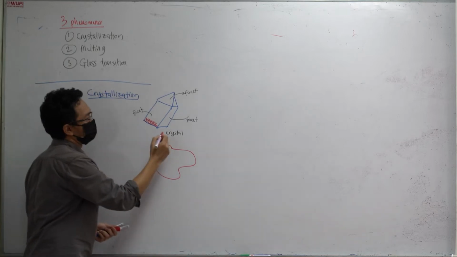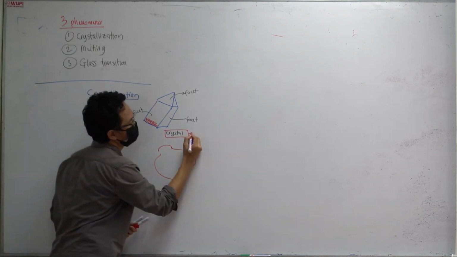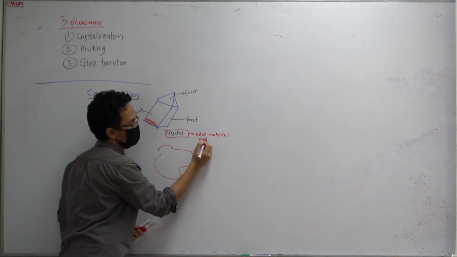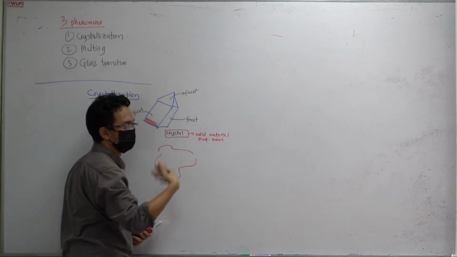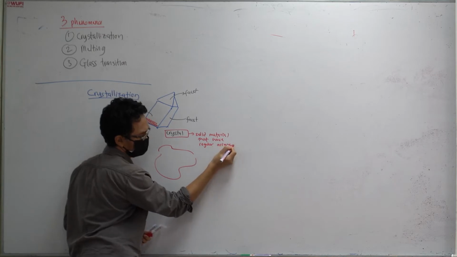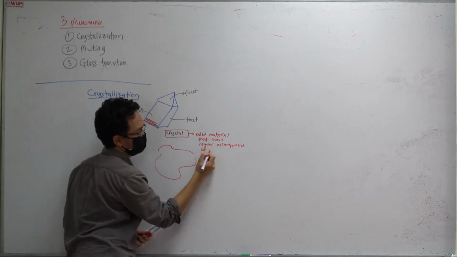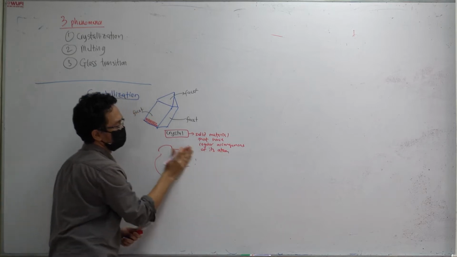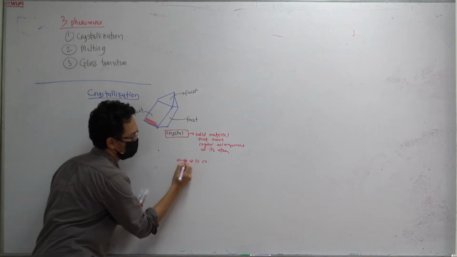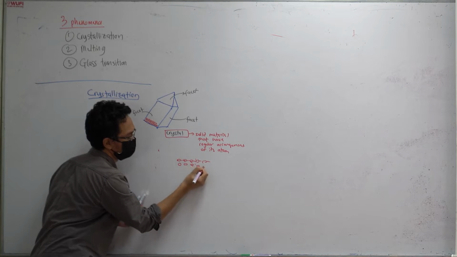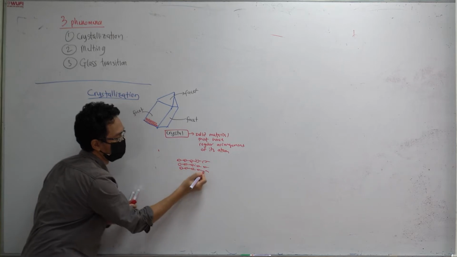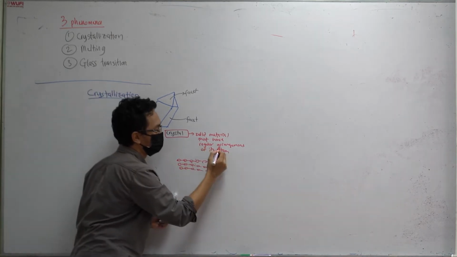So the term crystal itself is basically a solid material that has a regular arrangement of its atoms. And this we learned before. This arrangement can be something like this. For example, you have the atoms aligned like this: 1, 2, and 3. This is one type of arrangement,